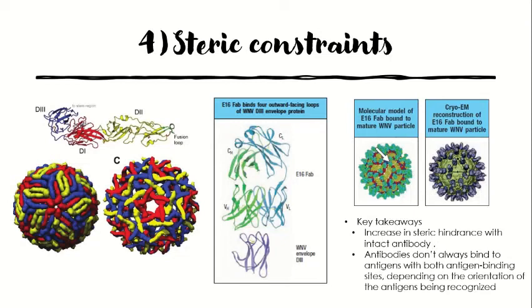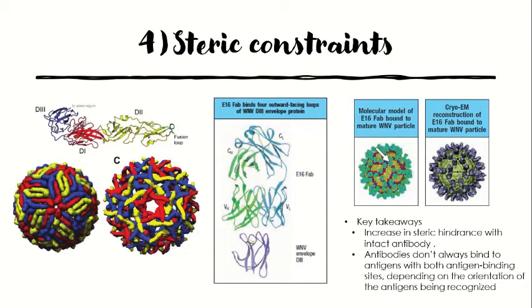And it was later proposed that the result was because of the hindrance from the presence of one Fab blocking the ability of the other Fab to bind to nearby E protein sites. Building on this, it can be expected that the steric hindrance would become more severe with intact antibodies rather than just the Fab fragments that were used in the studies. So if complete antibodies were used, they would further reduce the ability of the antibodies to bind to their particular